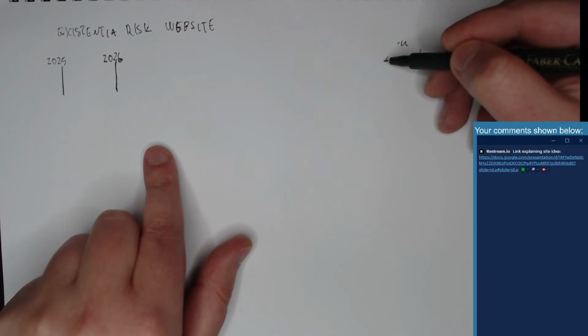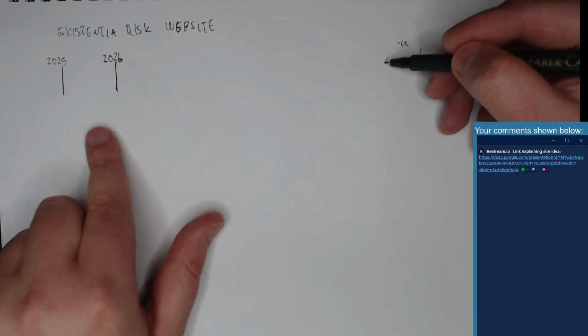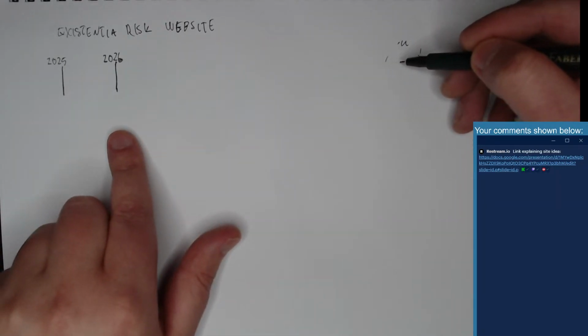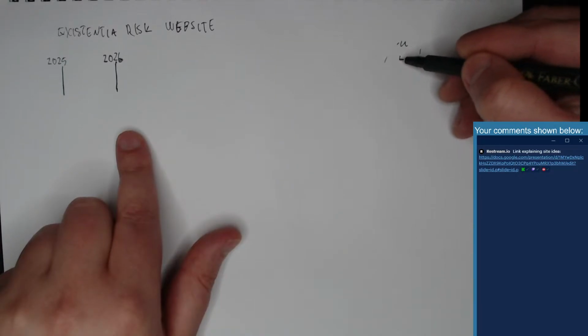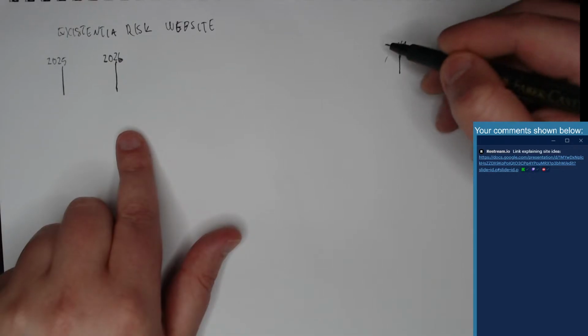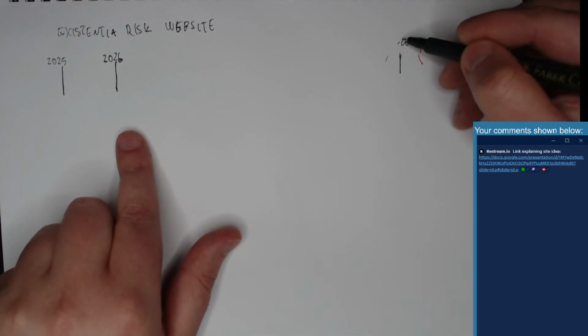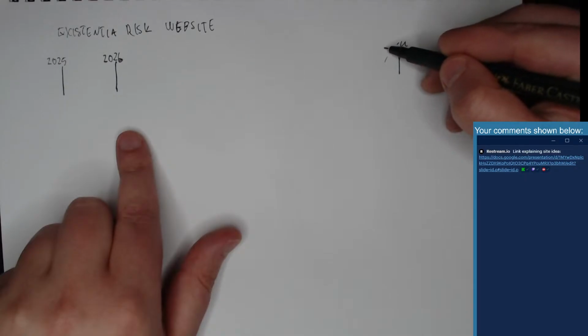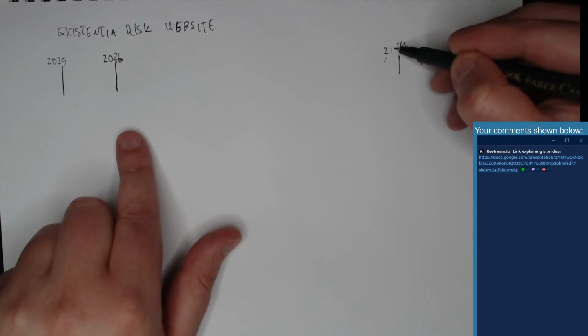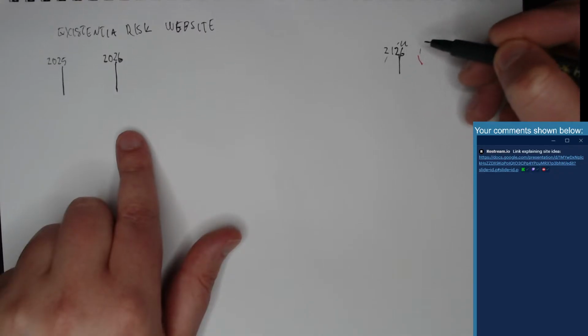I would like to make the impression that this is a longer time scale, kind of a 10 times longer time scale, but I'm not sure if I actually want to have a tenfold difference. So this would then be 2126,